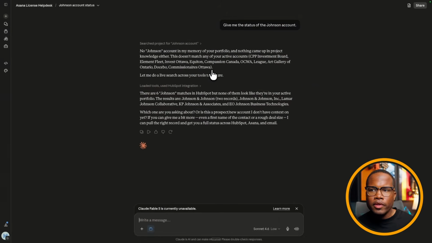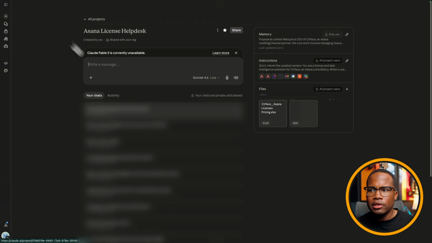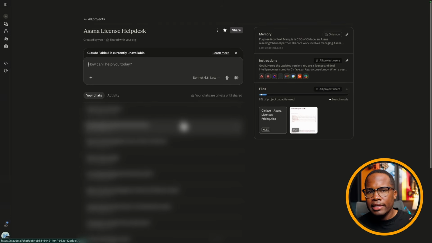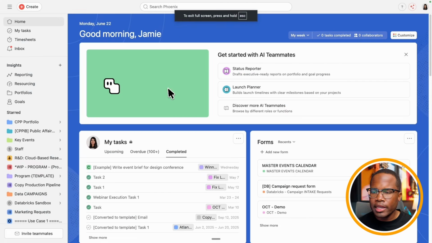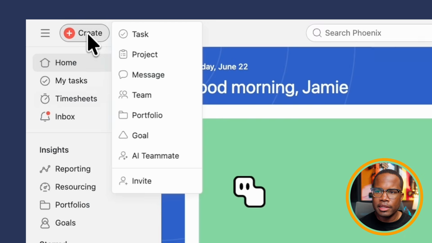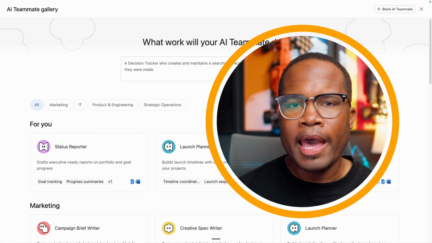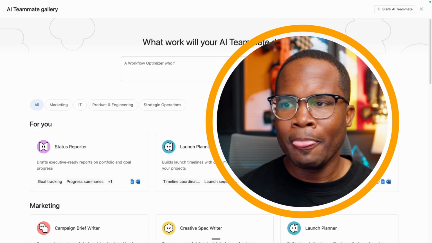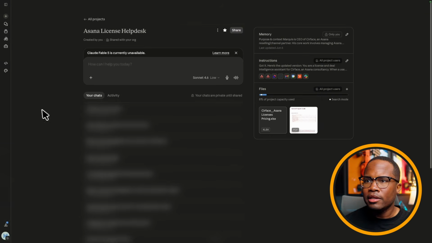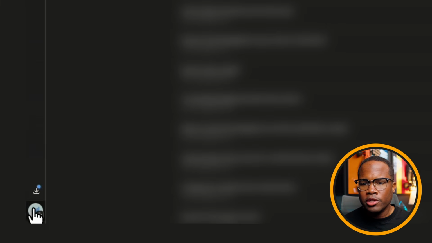So that's one way you can look at it. But what I really like about this option is that it is giving us access to a bunch of different tools. Now, on the other side, if we take a look at Asana, and I'm going to create an AI teammate, where this is really powerful and where the concern often does come up is, how do we govern all of this? As you can see within Claude, this is a team space, but I could quickly switch over to